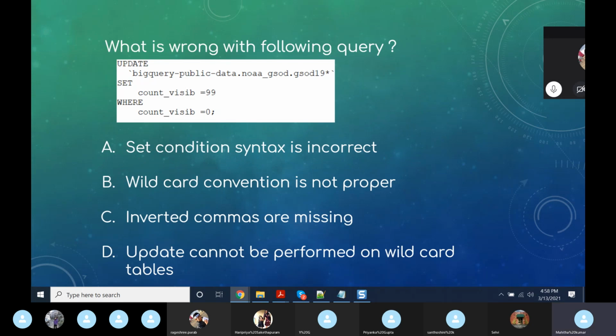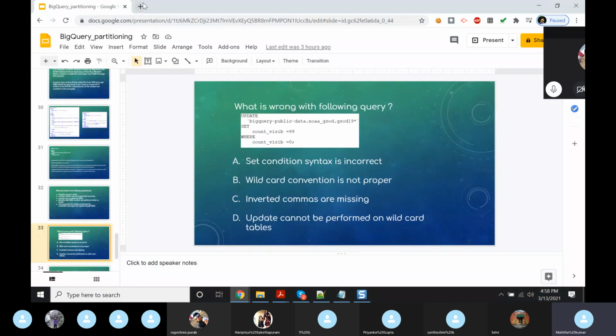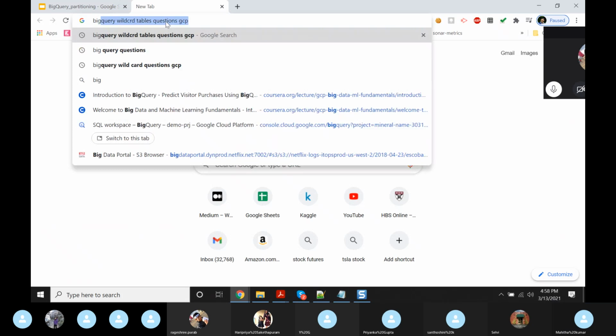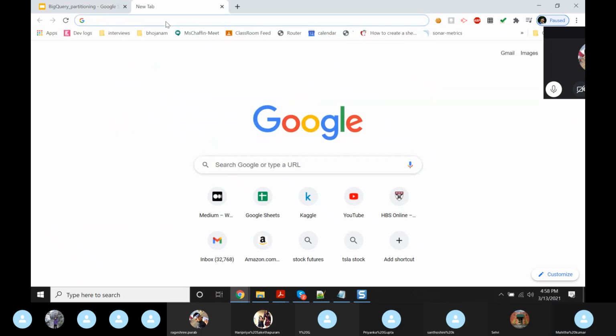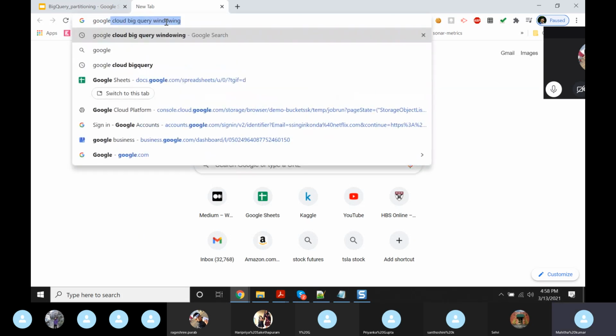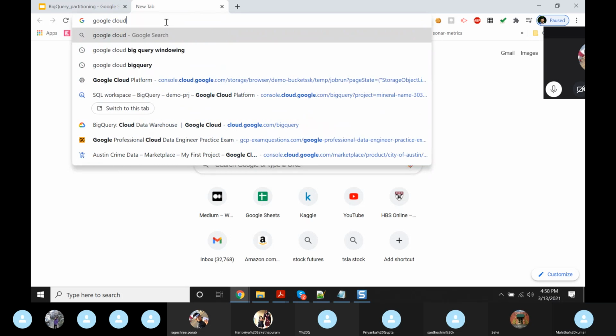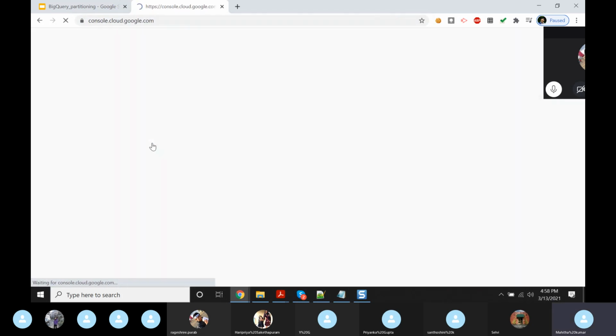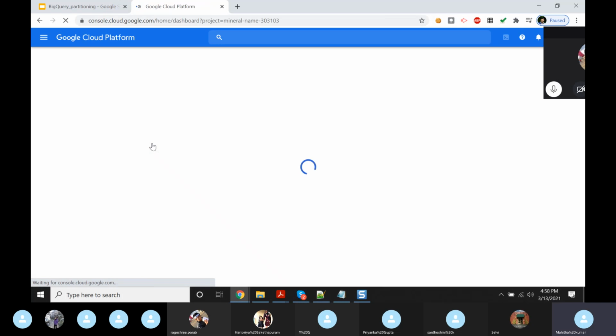So I'll show how it works. It is kind of similar to what Deepika has showed. Let's go to the Google Cloud console.